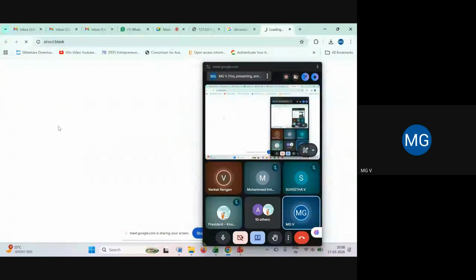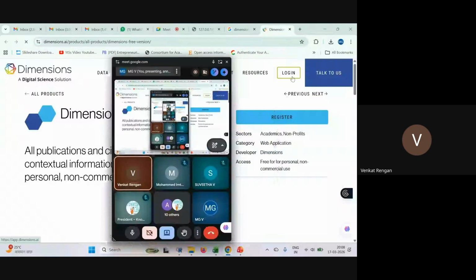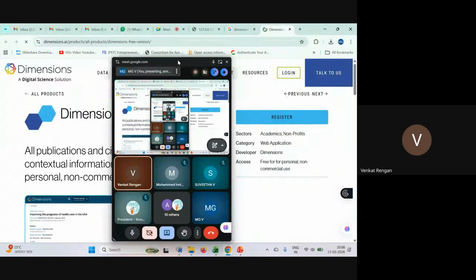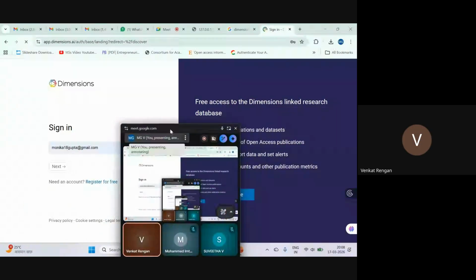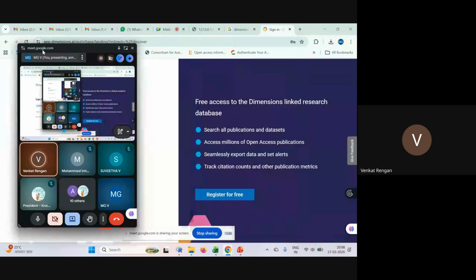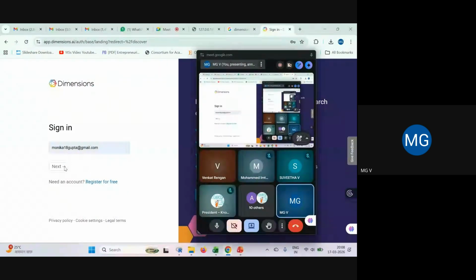Dimensions free version, right, madam. It asked my name, everything. Then finally it told that you please wait, we'll be sending an email to your email ID. I was waiting for that because I also registered for free, and I couldn't get any message through email. So that's why I'm not clear whether it is paid or whether it can be used freely. See, this is the option for register for free here. They may take some time to approve.